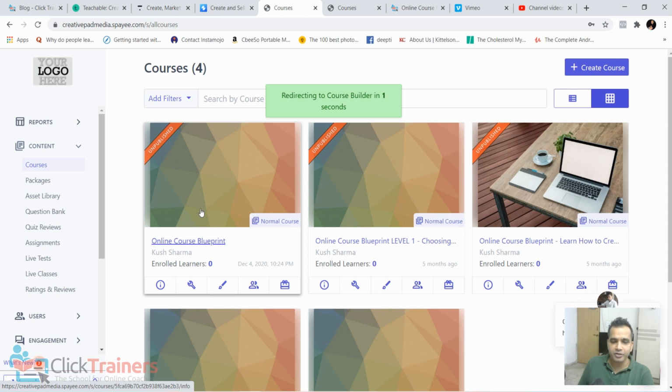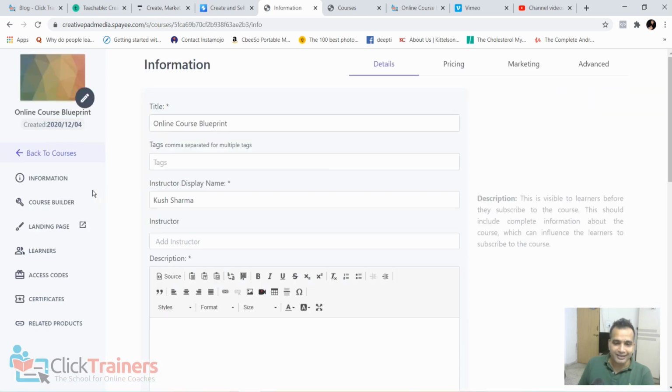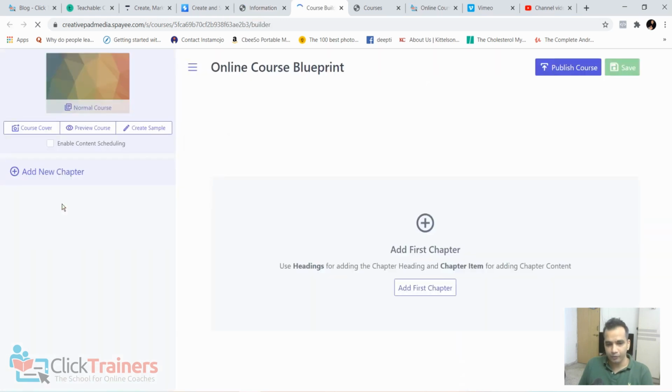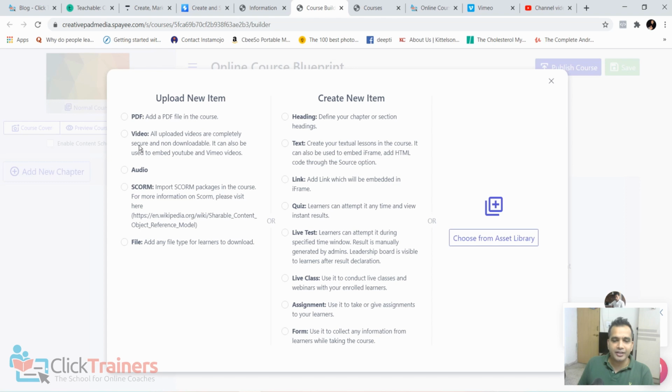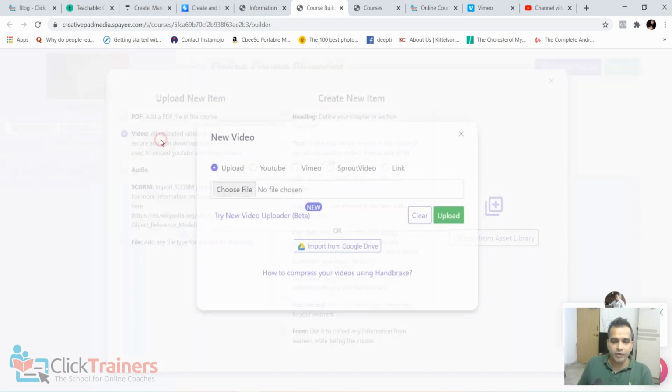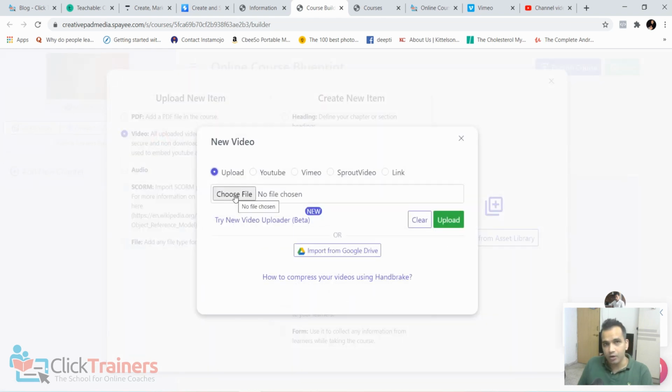Right now it's unpublished, but I can click on this, and then what I can do is go to this option which says course builder. And it's very easy, just add a new chapter. Okay, so you can go to video, you can upload a video, which means that you'll be using Spayee's own servers. If you have a video that is already made, you can upload it and you'll be using Spayee's own hosting servers. Now that has a limitation, okay, which I'll show you later when I talk about the pricing